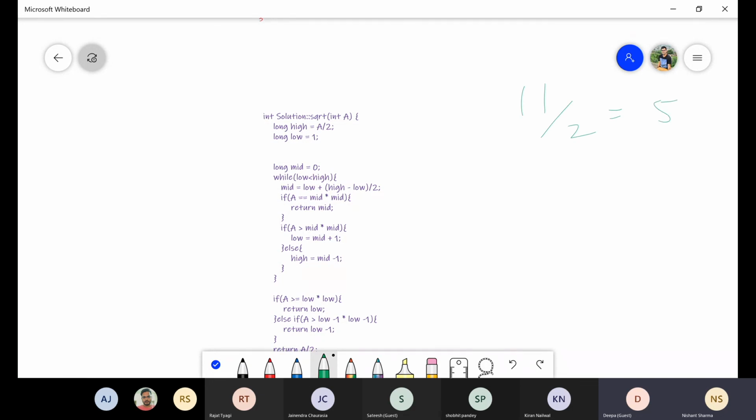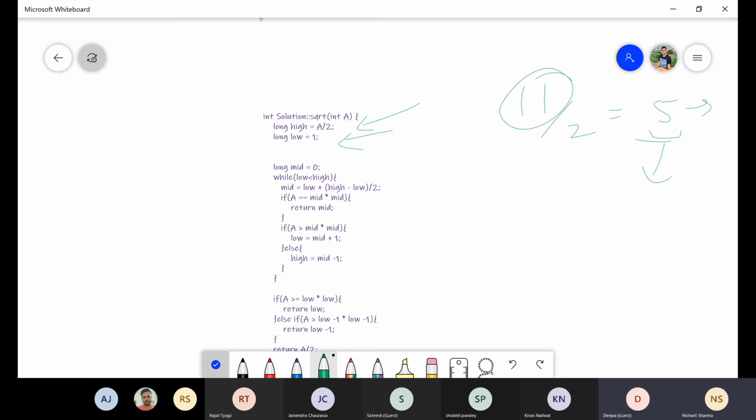So the square root of 11 is either this or lesser than this only. It's never possible that the square root of a number is higher than this. This is very normal math and we can utilize it in our solution. So I initialize low with 1 and high with this 5, and then search whether a perfect solution exists or not, and based on that we return the value.